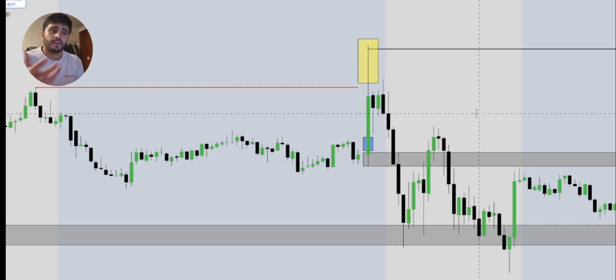I don't rely on fair value gaps for entries. I don't rely on SMT. I don't rely on power of 3. I use these concepts just as a guide, but the only ICT concept you need is a fair value gap. And so I'll break it down because I had a question recently, which is there's so many fair value gaps